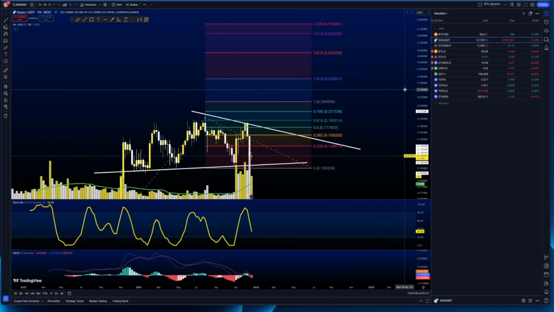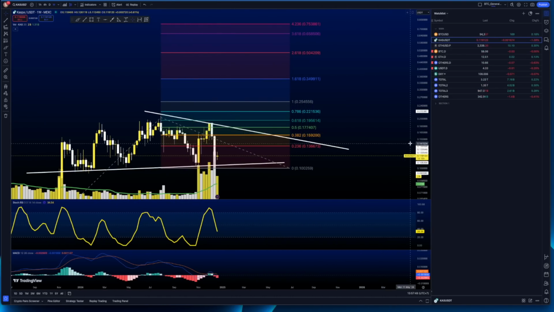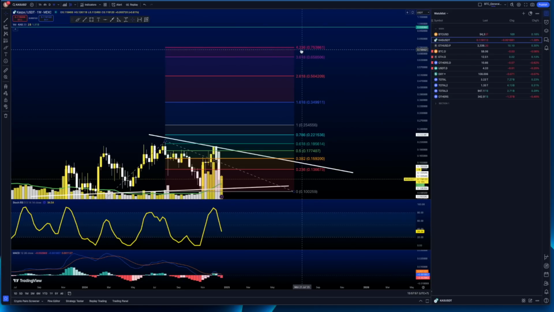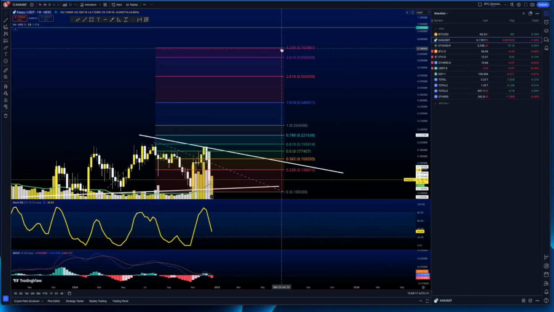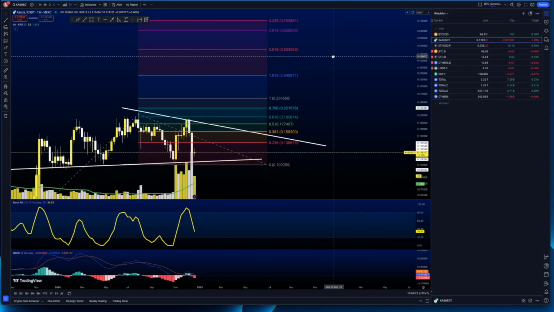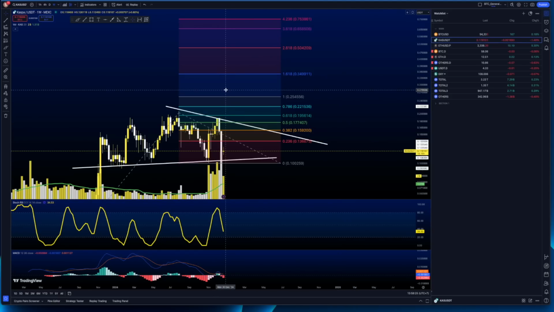All right, so what we are dealing with at the moment is that we got rejection from slightly below the 0.618 extension zone, and if we exhaust this whole move, we could expect Kaspa at 74. Of course guys, remember that nothing in this video is financial advice. The Fibonacci extension is not set in stone and this is going to be the max, but we could potentially expect Kaspa reaching these levels, and after that we are going to reevaluate, right?